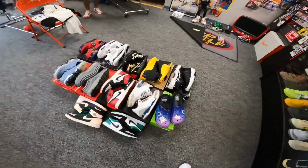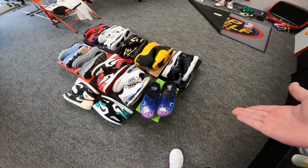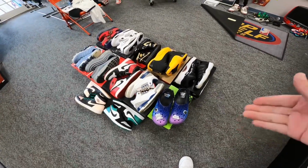We got some used True Blues. We got a Toon Squad Space Jam pair of Crocs going out. It's funny because I didn't sell